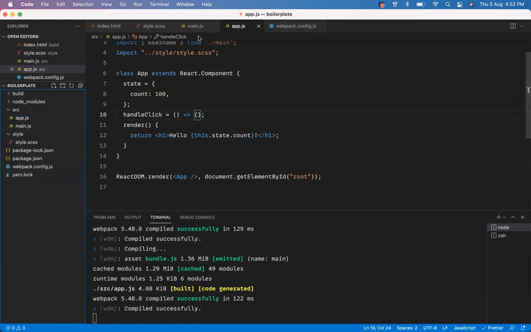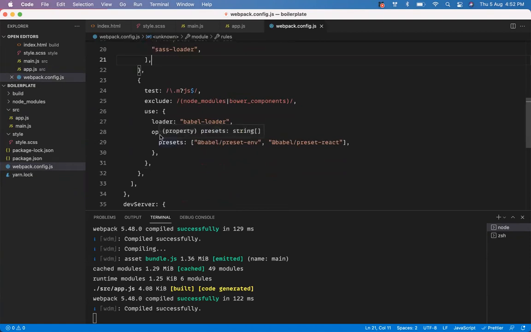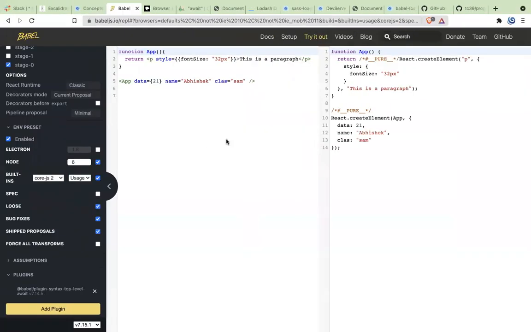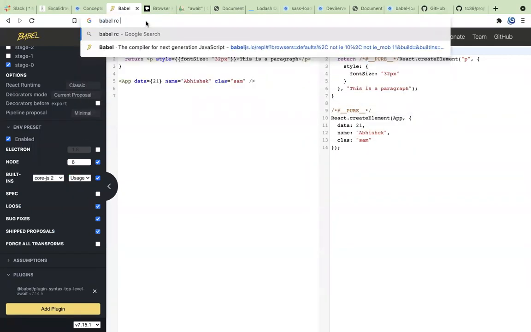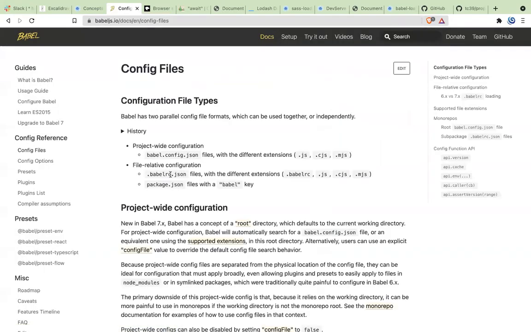So generally, one of the problems that we have faced here is that we are adding all the presets and everything right here. We don't have to put the presets here. Generally, the other way to do this is you can just put it into a Babel RC file. So let's look at the Babel RC file. If you want to take a look at the structure of it, this is how it should look.